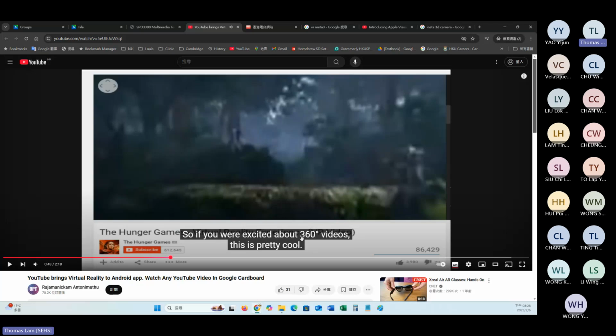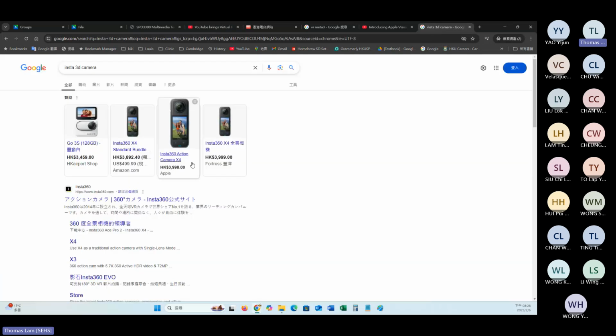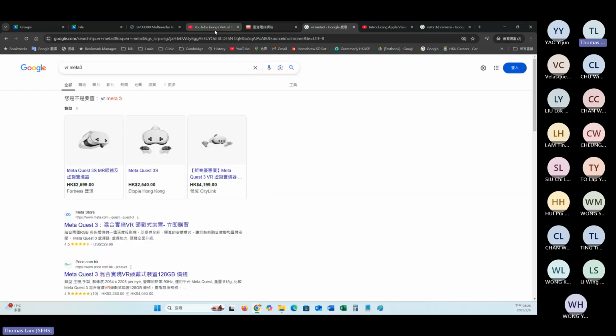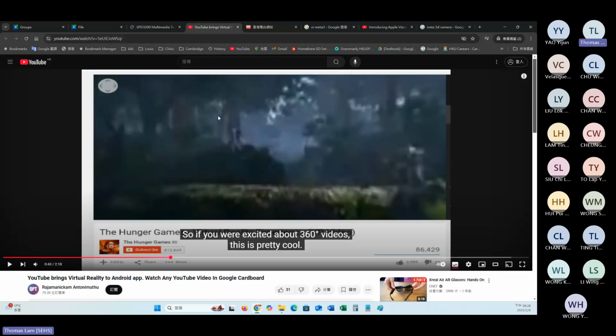So you may notice that the speaker mentioned 360 video. That means you may need this device to do the video recording, not just the phone. You know, our phone is unable to do the 3D video recording for us. Once you have this, you put it on YouTube and enable the VR features, and then you can experience the immersive or VR effect.